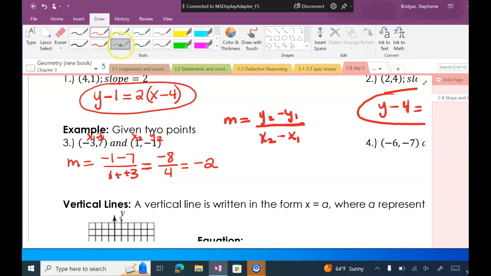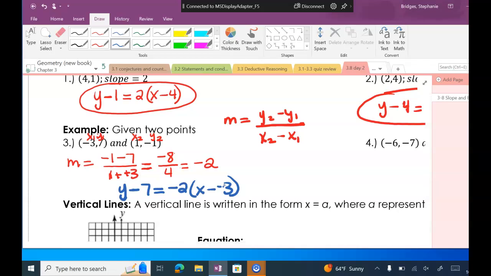So let's do that. It is y minus, what is my y1 value? 7 equals, what's my slope? Times x minus, what is my x1 value? -3. The only thing is, you could leave it as minus a negative, and yes, that would be correct, but